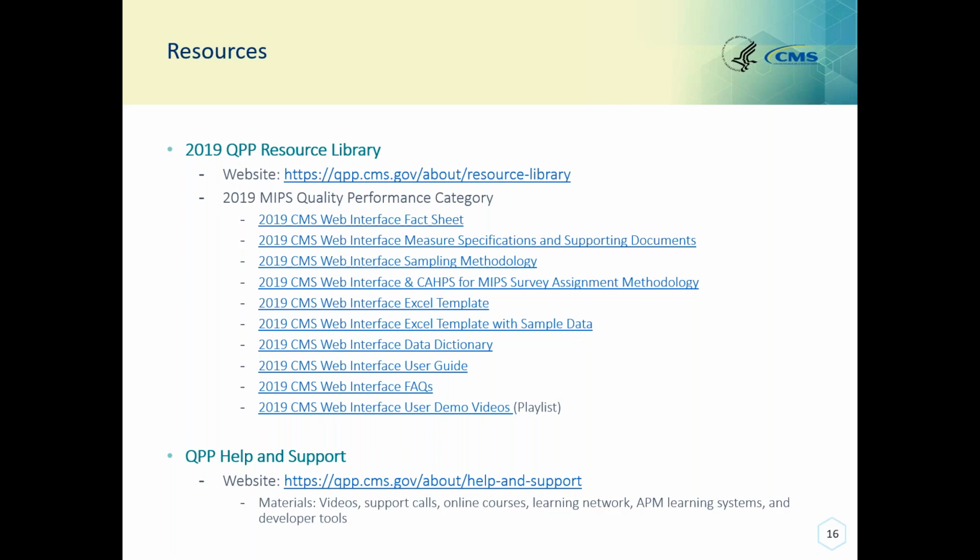We encourage reviewing these resources if you have questions on quality requirements and measures. We will continue to communicate any future postings in upcoming support calls. Additionally, the help and support page on the QPP website contains links to materials such as videos, webinars, and online courses, as well as other items to help with reporting and development.